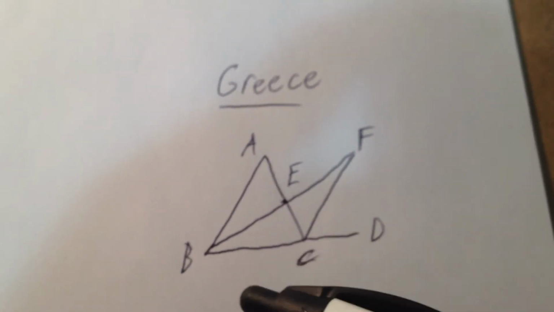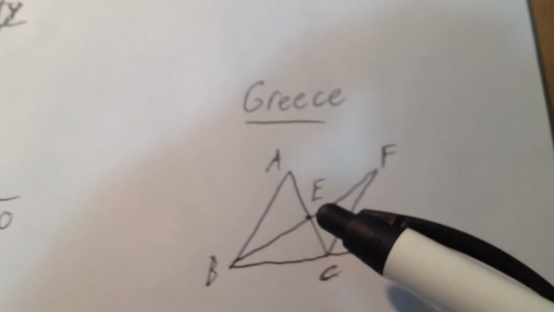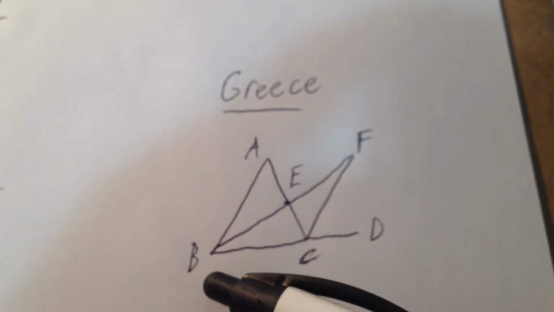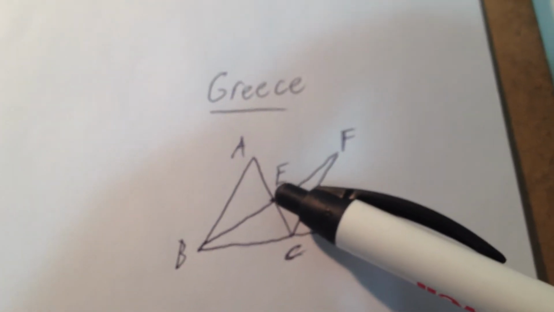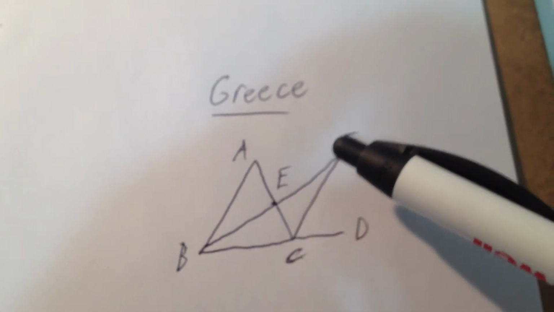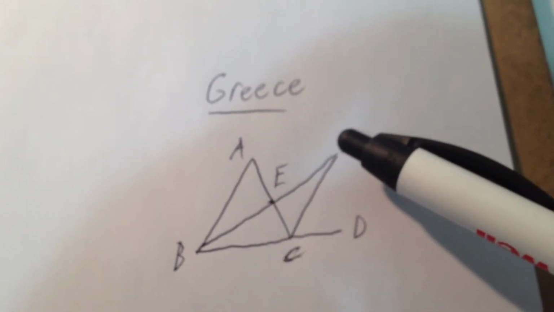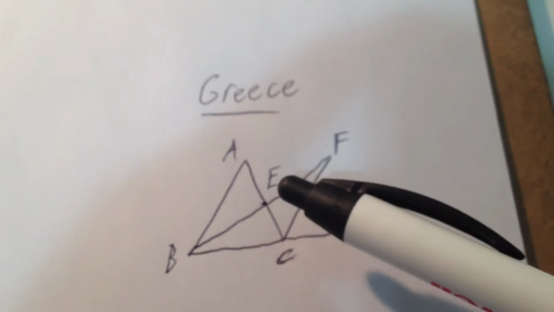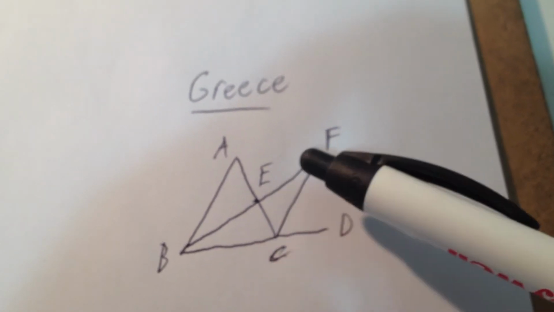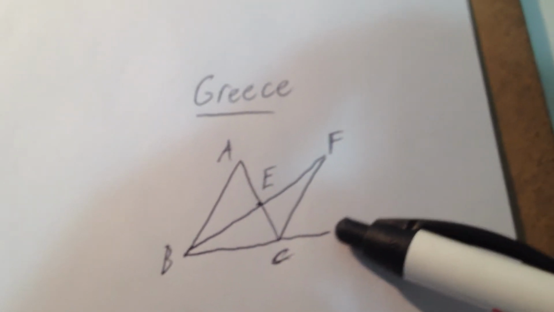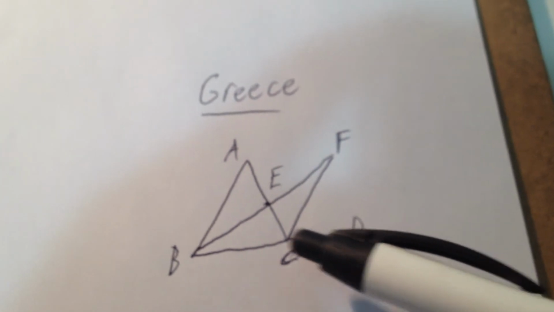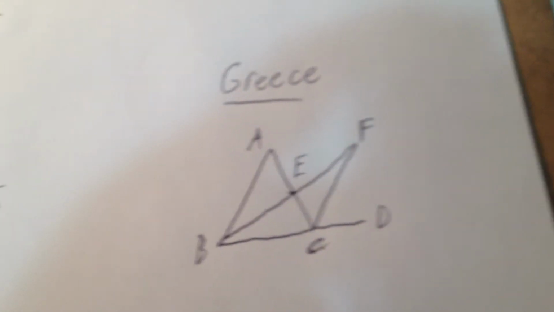And basically you prove this just by making this construction and seeing that triangle BAE is congruent with ECF, and therefore that angle ECF is equal to BAE, and then since ECF is part of ECD, the whole of this angle is going to be greater than BAE, and you've proven the